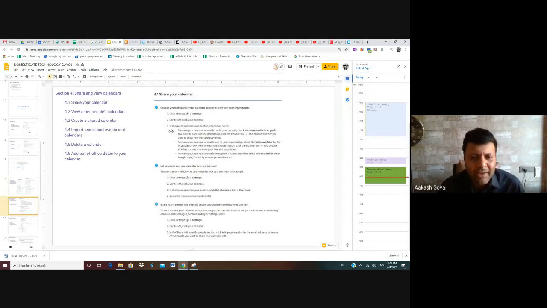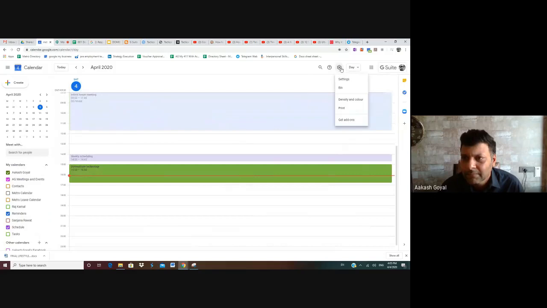So you can also share your calendar with other people. Now, if you want to share your calendar, you'll have to go to settings. To go to settings, there is a gear icon, and this icon is the same for all Google applications.